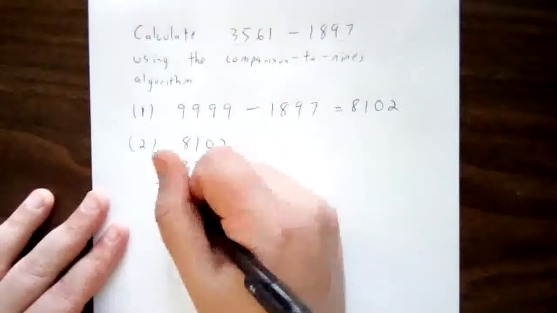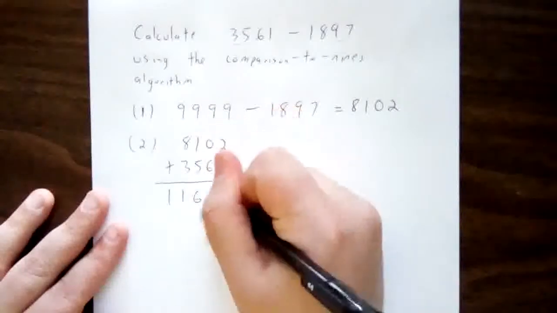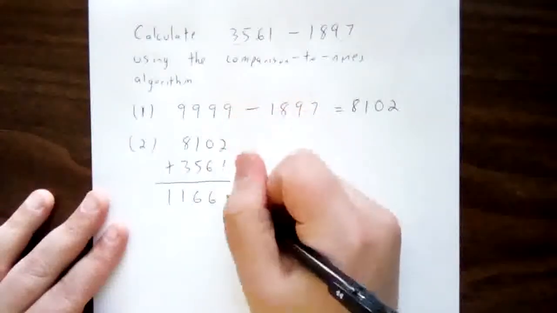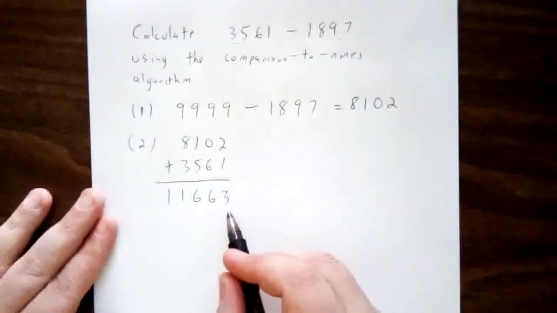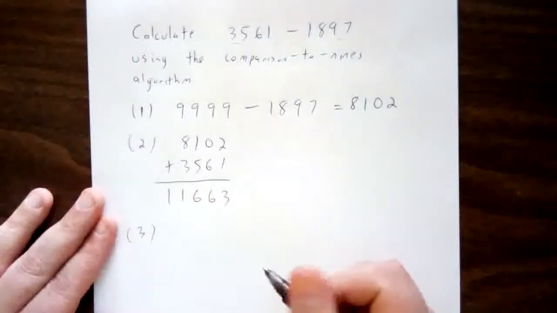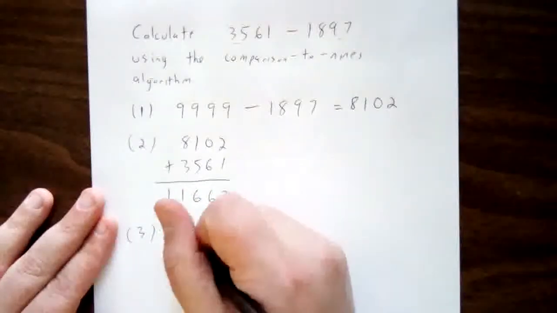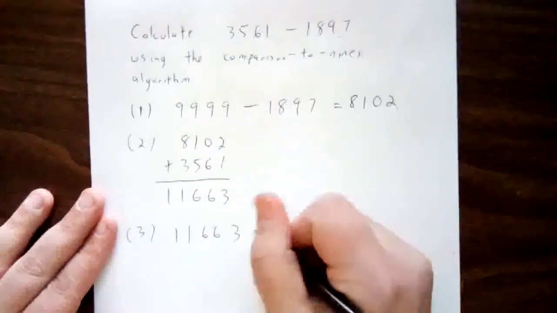8 plus 3 is 11. 1 plus 5 is 6, 0 plus 6 is 6, 2 plus 1 is 3. So we have our sum now at the second step, 11,663. The third step is for us to take that sum that we've just calculated, and we're going to subtract,